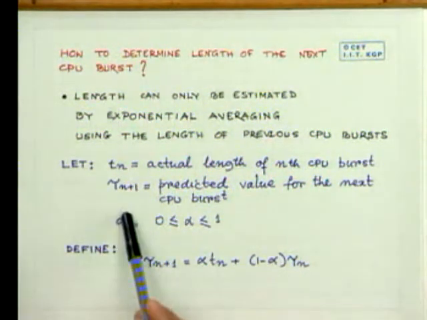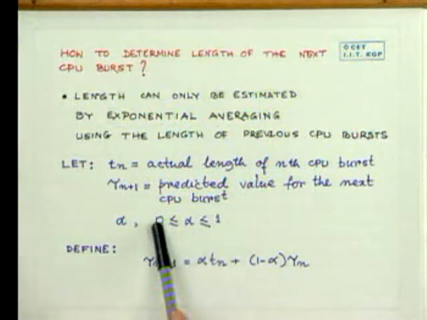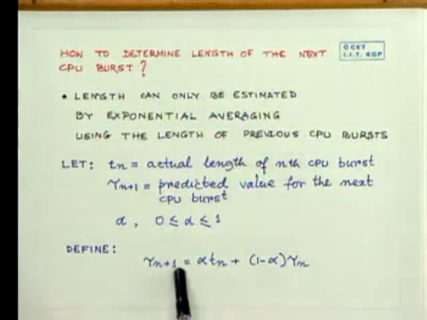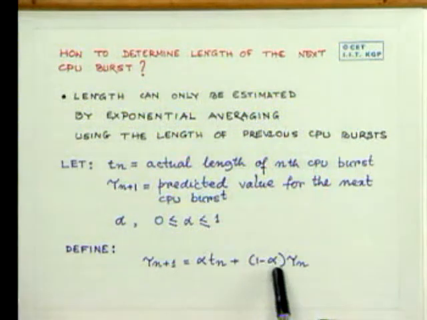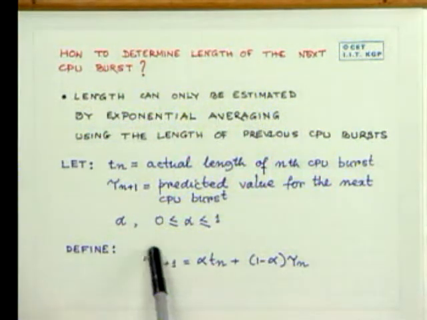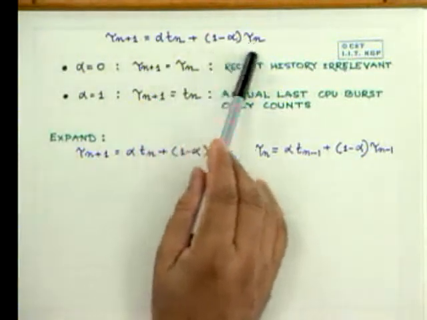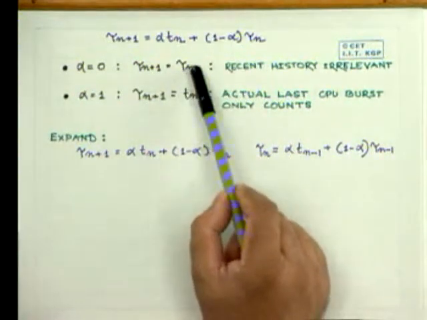Let us assume that alpha is a constant which varies between 0 and 1, inclusive of 0 and 1. We define tau n plus 1, the predicted value of the next CPU burst, to be alpha Tn plus 1 minus alpha tau n. Let us see tau n plus 1 once more: alpha Tn plus 1 minus alpha into tau n. If alpha equals 0, tau n plus 1 turns out to be tau n,